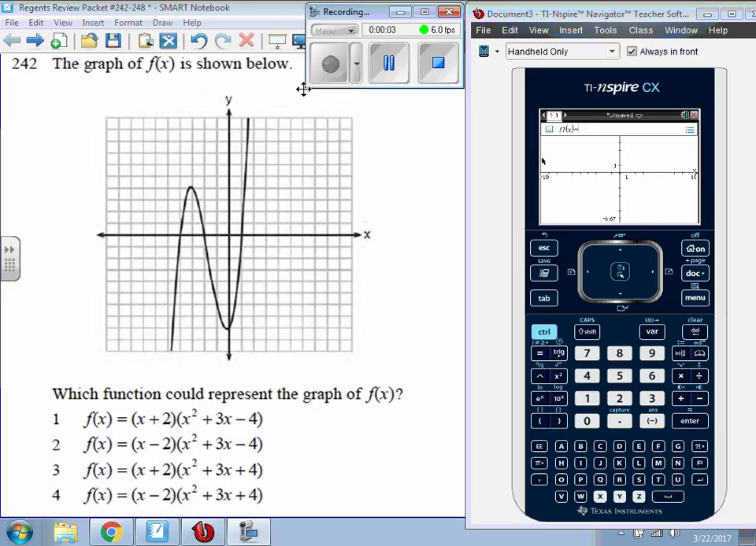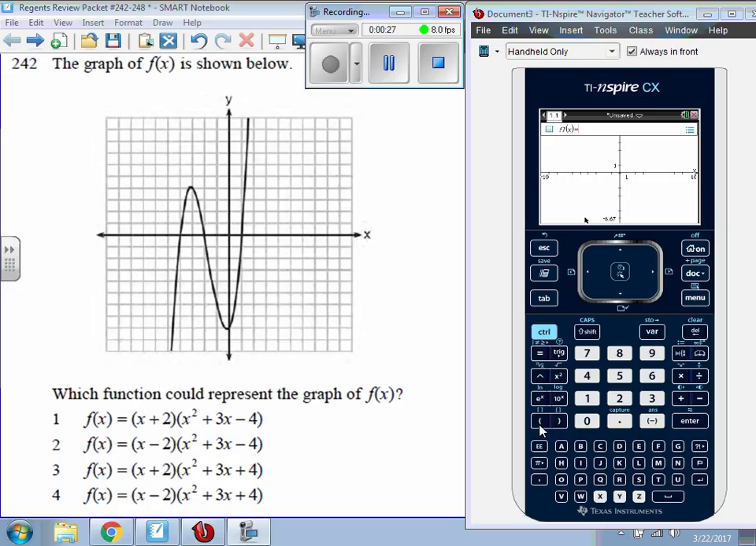Number 242. It says, the graph of f of x is shown below. Which function could represent the graph of f of x? And we're given 4 choices. Since you're given a graph and then you're given equations, I would say the best thing to do is to put each of these possible answers into the calculator and see which graph matches the one that we were given